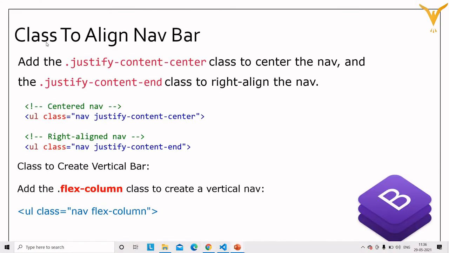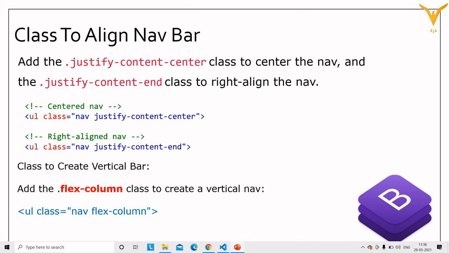As you can see, the menus appear on the left hand side of the navigation bar. If you want to place these menus at the center or at the end of the navigation bar, then we have some classes. There are two classes which are used to align your navigation bar. First is justify-content-center.